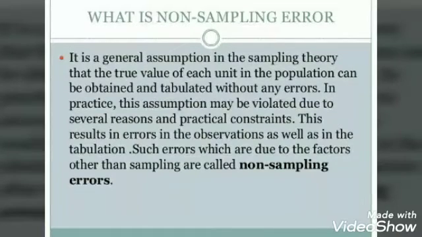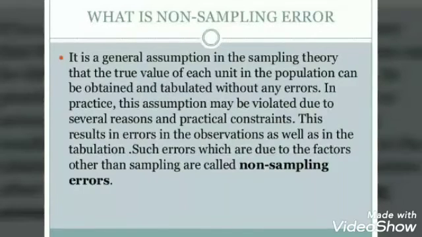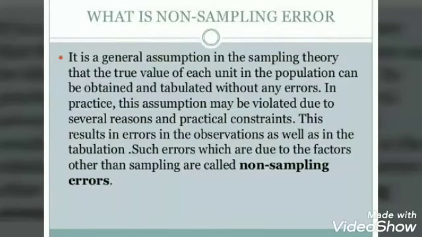Now, this arises when the respondent does not offer the required information. It means when the information has been gathered from the respondent, maybe the person has not given the correct information. Then the error might exist because of misinterpretation. Now, this arises when the respondent fails to interpret the question in the questionnaire. That means when you give the questionnaire to a respondent to fill in, he or she might not have understood the question well and wrong information has been given. In that condition, what happens?